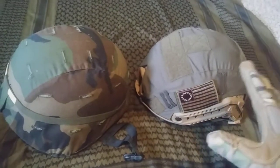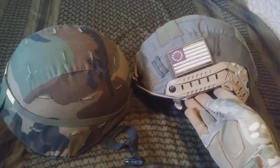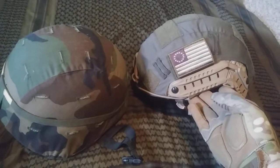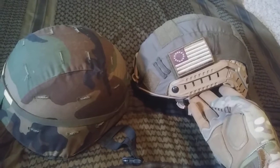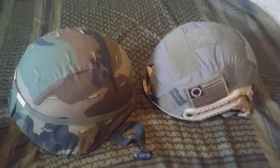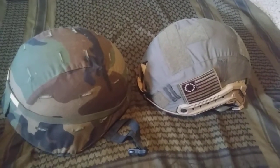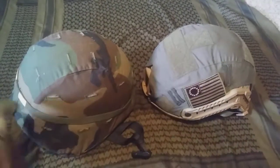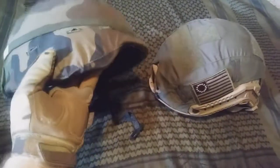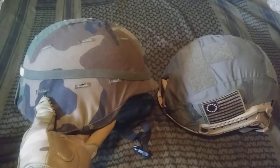So make sure when you're purchasing something like this new that you really research the company that's producing it, and that you agree with their philosophy, and that they're not going to give you some kind of an inferior product just to make money. The Gen 2, $465, that's pretty steep. I think they have payment plans available through their store now to kind of break that up and spread that out. But, as far as protection level goes, if you're looking for a level 3A or a level 2, depending